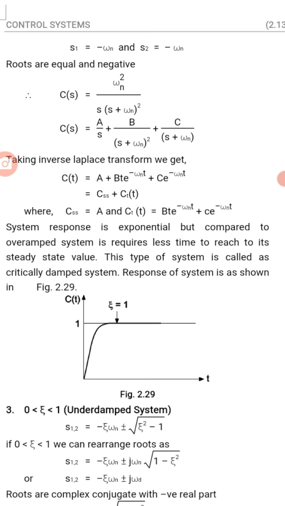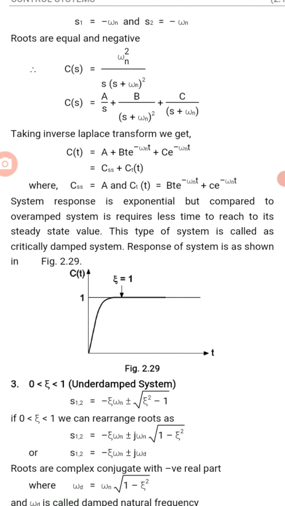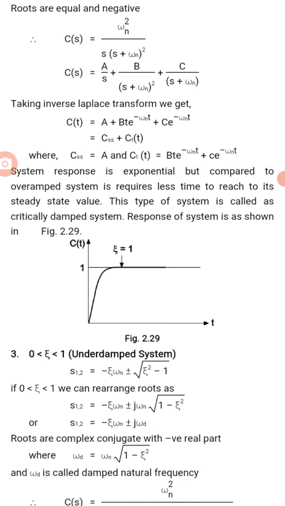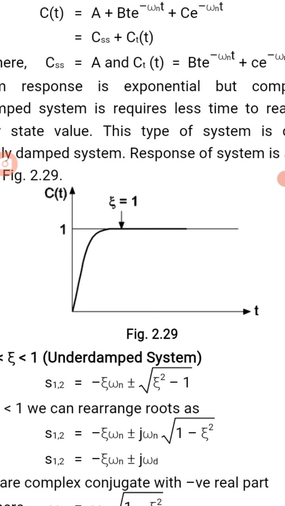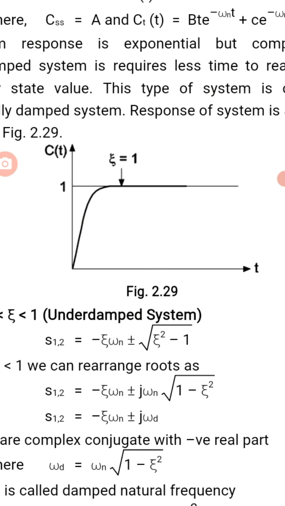We will see that oscillating nature in the next part, that is the underdamped system. So the previous figure, figure 2.29, shows the critically damped system, because zeta is equal to 1. This is just like a boundary. If there is water on one side and land on another side, the boundary is called critically damped. So water is separated from land, like this is critically damped.